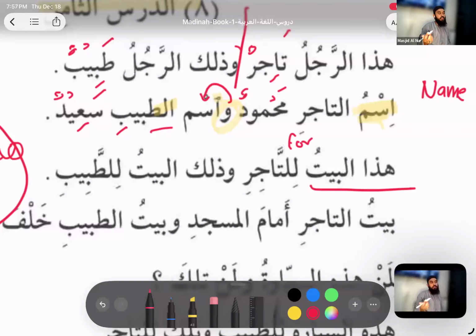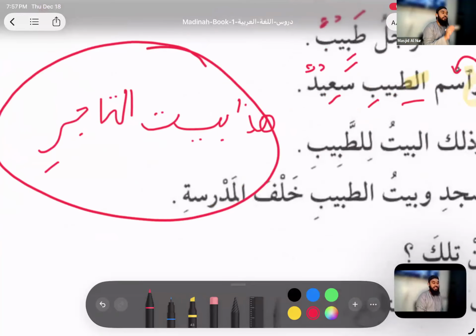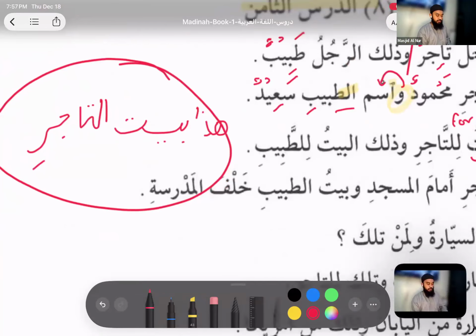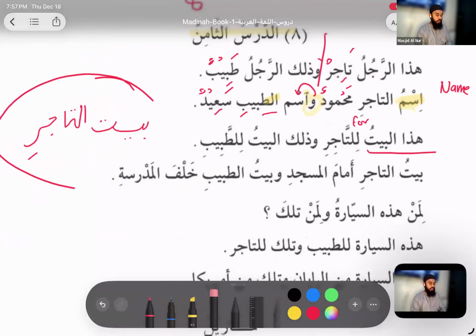Again, you could literally say in English, that's the doctor's house, but that will translate more like this: هذا بيت التاجر وذلك بيت الطبيب. Right? So we have to be very specific in the way we translate, and you get marks for this in exams and tests, when I see that difference, like, okay, you guys are understanding every word separately. Next one. Who wants to do the next one?